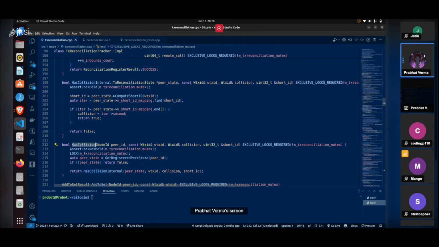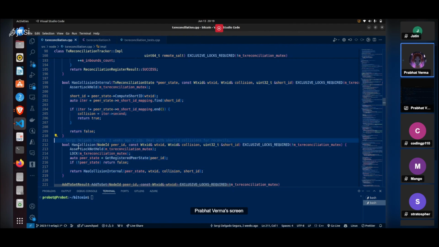So since we are reducing the size of the transaction IDs, we are sure to have some collisions where two or more witness transaction IDs may have the same short transaction IDs, and this is very true in a lot of cases. So this function is to check for such cases, and